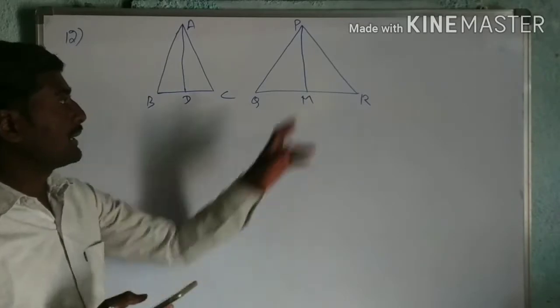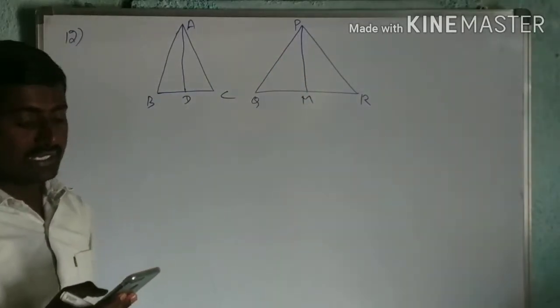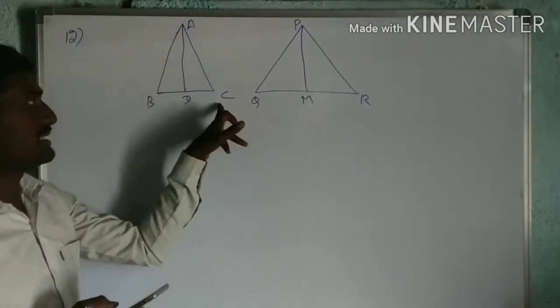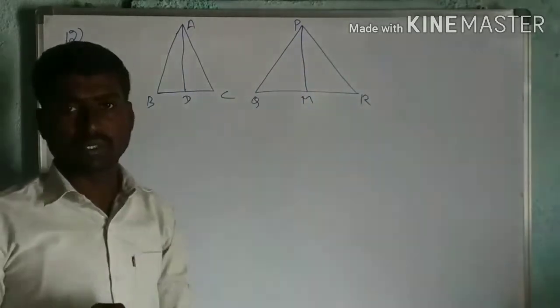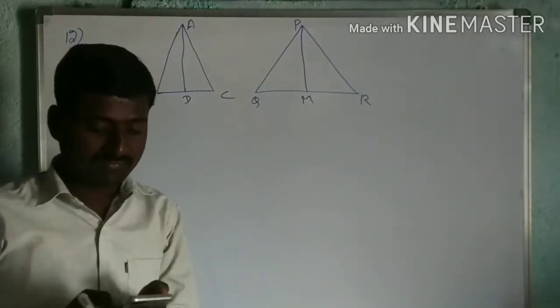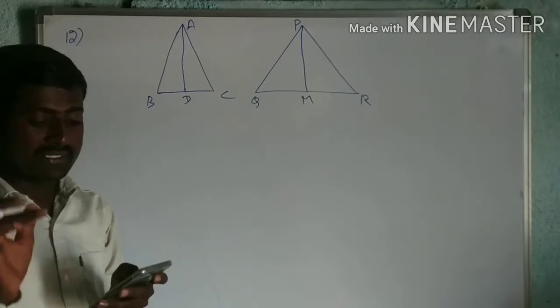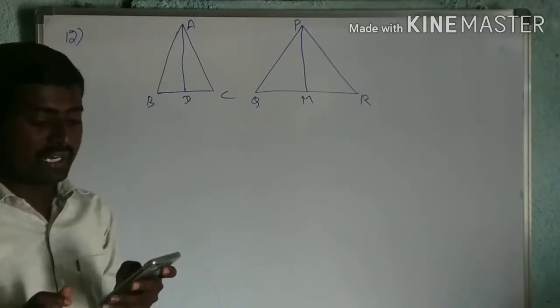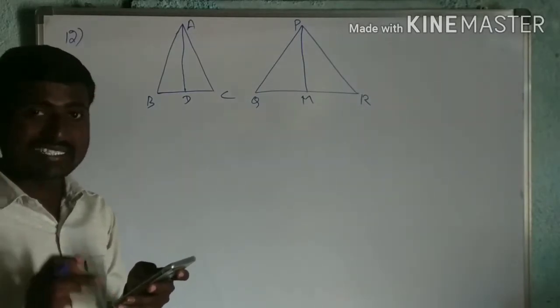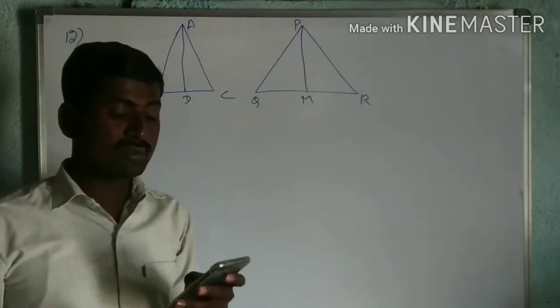Of triangle PQR. Show that ABC is similar to PQR. I have to prove it. Once again, you see the question. Sides AB, BC and median AD of triangle ABC are respectively proportional to the sides